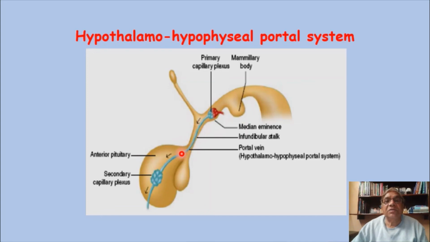Now students, don't think that only one plexus is present. Hundreds of plexuses are present in the hypothalamus, in the infundibular nucleus, in the median eminence, and also in the anterior pituitary. A lot of sinusoids and capillaries are there. The hormones secreted by the anterior pituitary will be poured into the secondary capillary plexus, and will circulate in the whole body. So this is the hypothalamo-hypophyseal system. That means the hypothalamus is thus connected to the anterior pituitary gland.